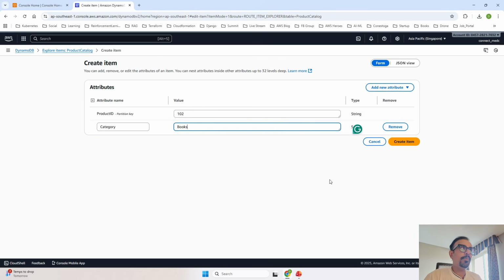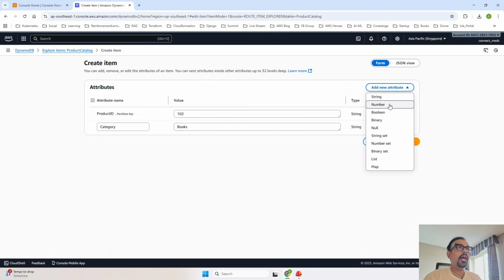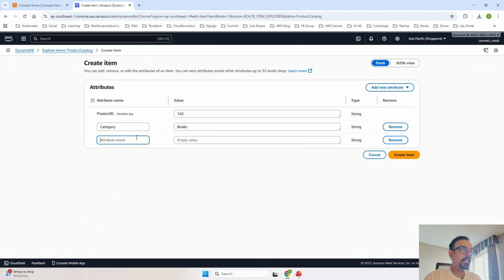This is one attribute that you have added inside the table. So inside this item, one item has multiple attributes. So this is the item and you are adding attributes for that specific item. Now I will add one more string that is going to be name. It is going to be the name of the product. So I would say AWS DynamoDB